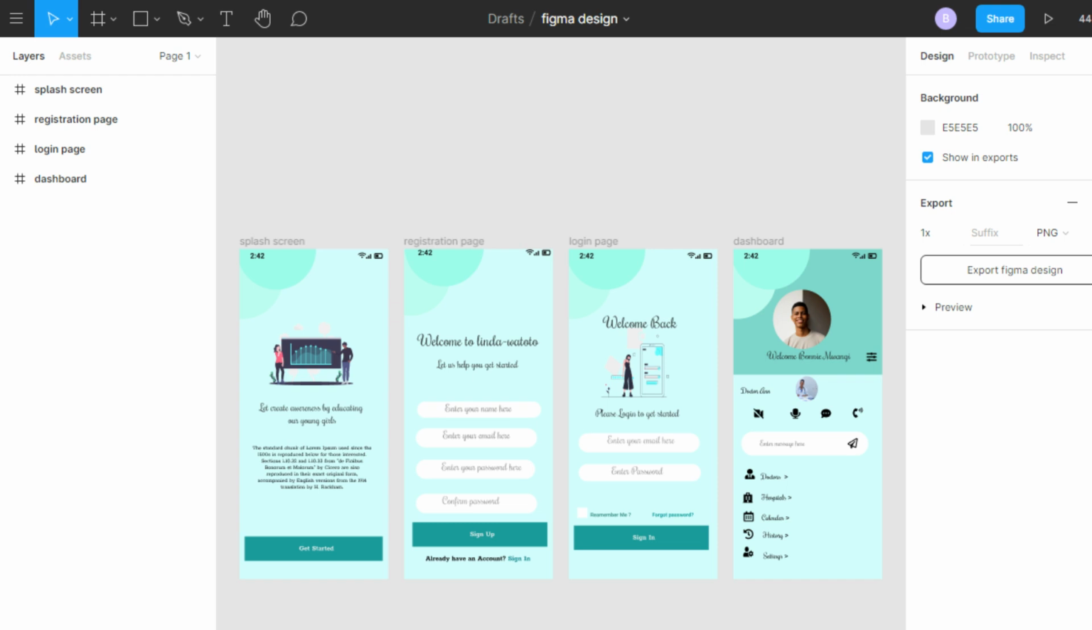In this video we will find out the best design tool for beginners by comparing Figma and Sketch. If you're looking for the best design tool for beginners in 2025, then watch this video till the end and